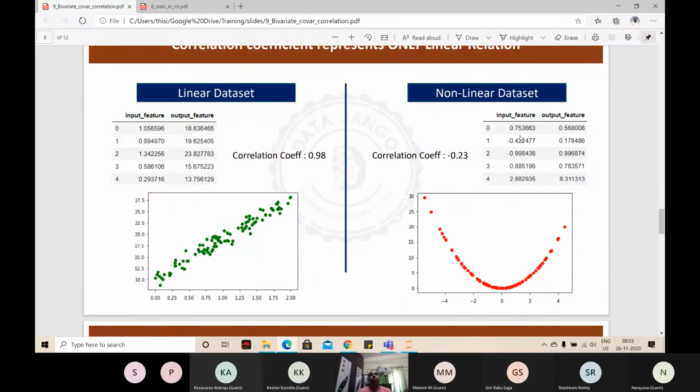Correlation coefficient alone cannot explain the relationship. It will explain linear relationship. By looking at the correlation coefficient, you should not come to a conclusion. Keep it aside, then build a scatter chart, then decide whether the relationship is there or not, or whether this feature is important or not, by looking at both the correlation coefficient and the scatter plot. One cannot decide. Got it?